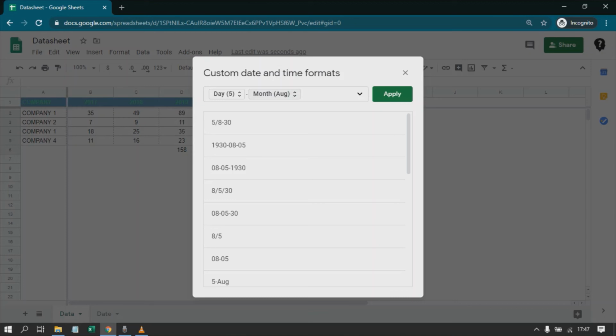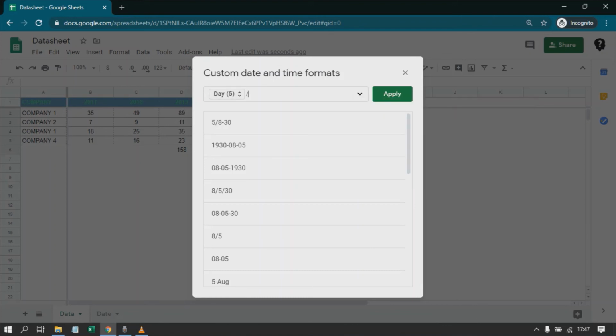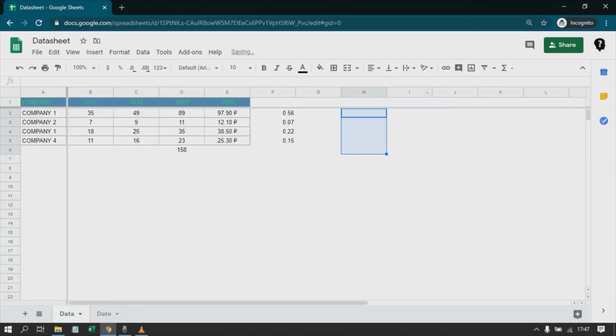Okay, we can customize this just by clicking on the icon, deleting it, again deleting it and removing the connectors. I just want in the regular fashion my day, then I want slash, then I want month. For the representation purpose, let me change the connector in between to say hyphen, year, apply. Now if I try to put some date, 20 May 2021, it has automatically taken that format.